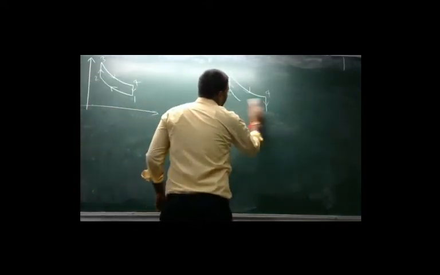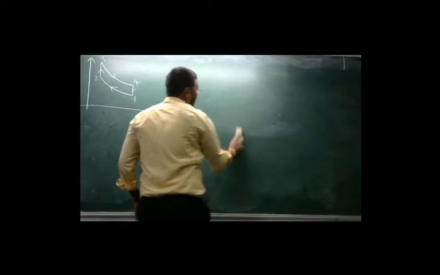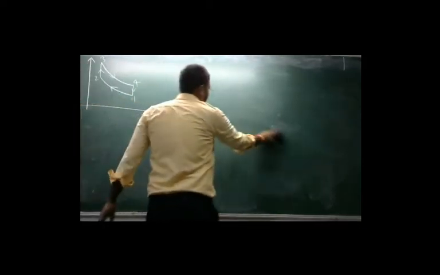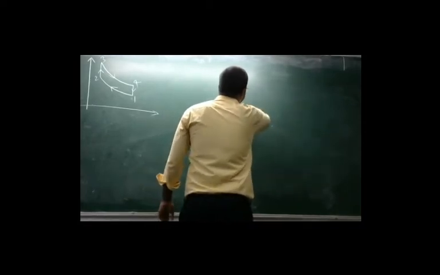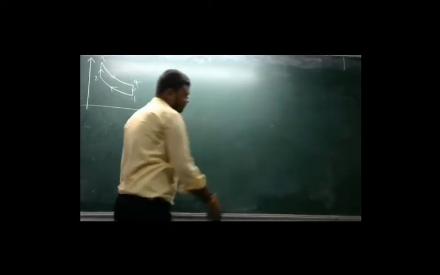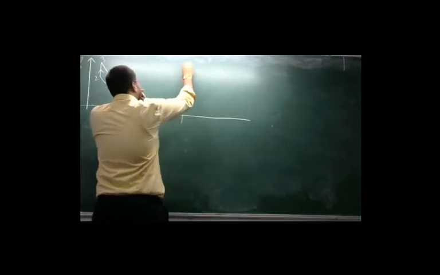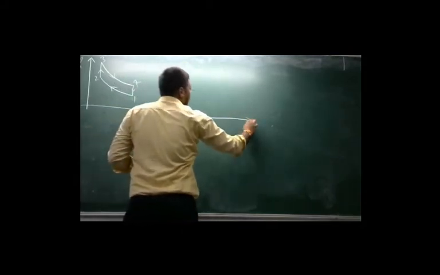So now this is the PV diagram. We can also make the TS diagram with the help of this PV diagram. With the help of this PV diagram we can make the TS diagram for the Otto cycle. This is the PV diagram, pressure versus volume axis. Okay. So with the help of this diagram we can also make the TS diagram. Here this is the TS diagram, temperature versus entropy. Okay.